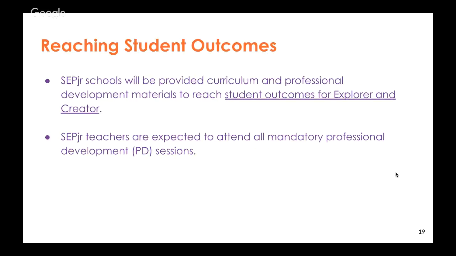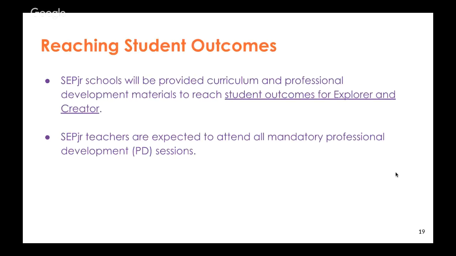That's where the flexibility comes in. The core focus of the content is the student outcomes based on the concepts and practices around the perspectives, and then providing you multiple options through the different wonderful tools that are out there and the creative tools that are available to you and your students.